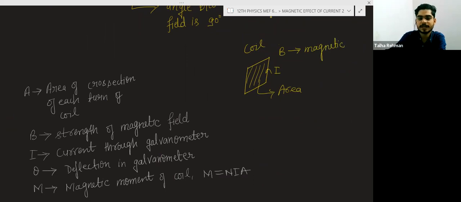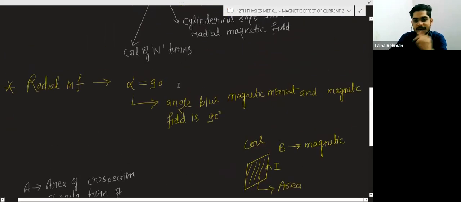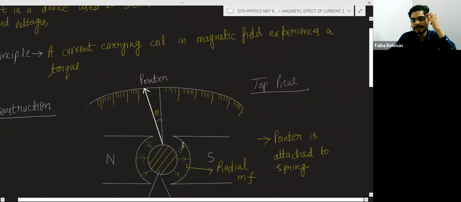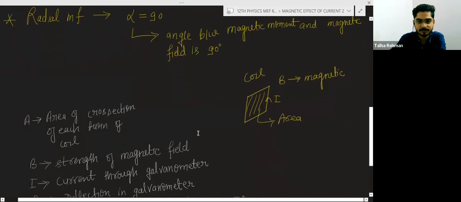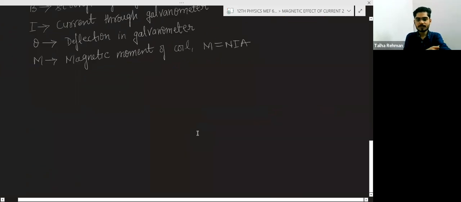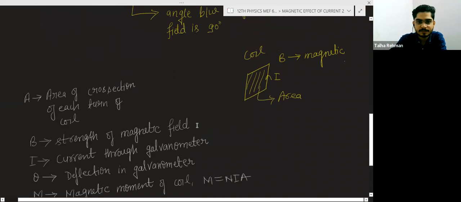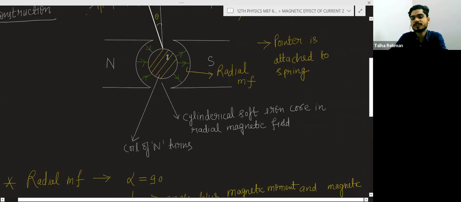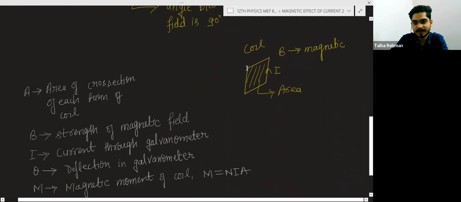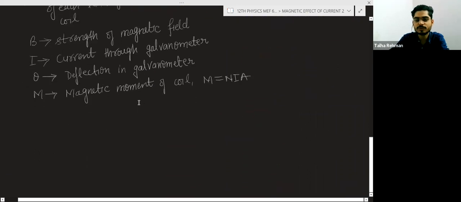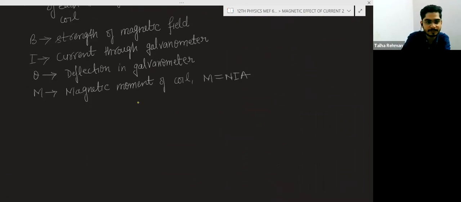So basically here you have this coil in the magnetic field, radial magnetic field. Okay, so what will happen? There will be the torque on the coil. This is clear. This coil is in the magnetic field, so there will be the torque on this coil, and that torque on the coil is given by